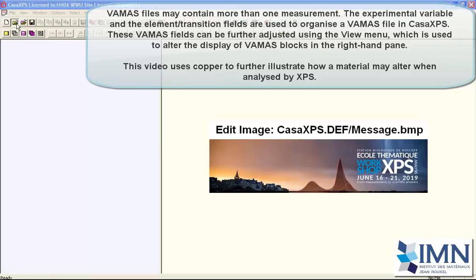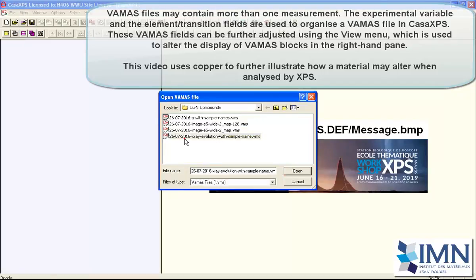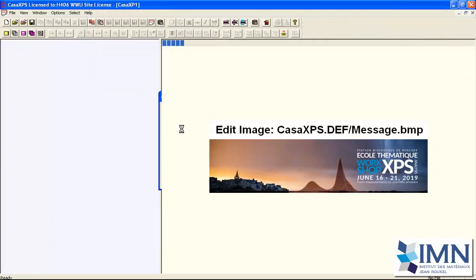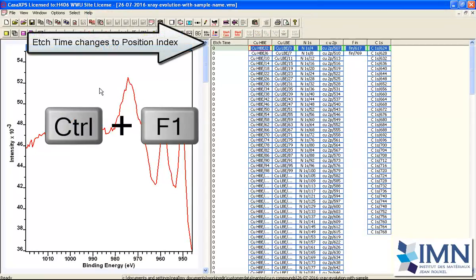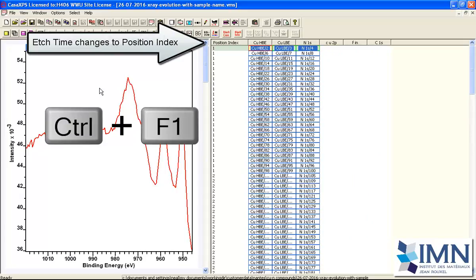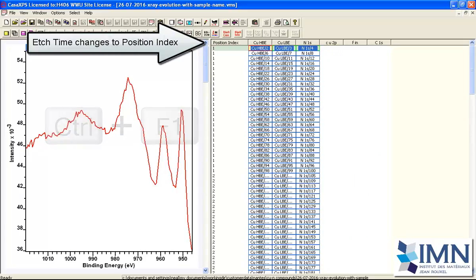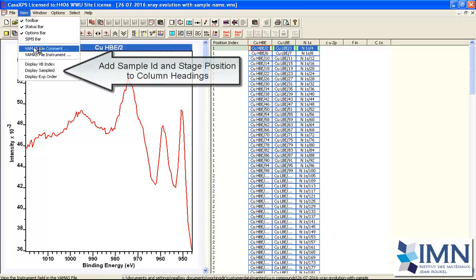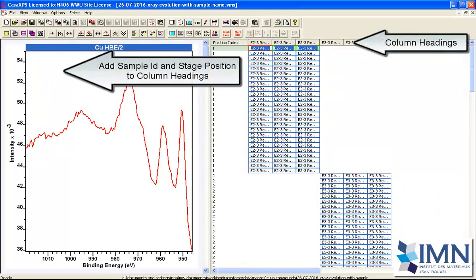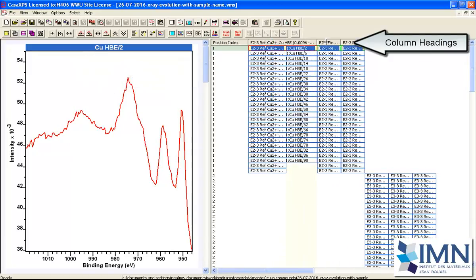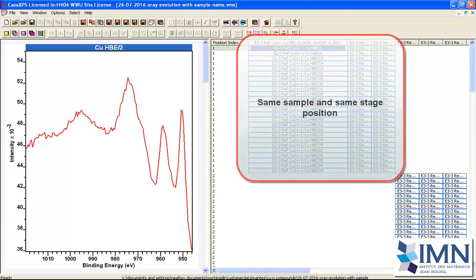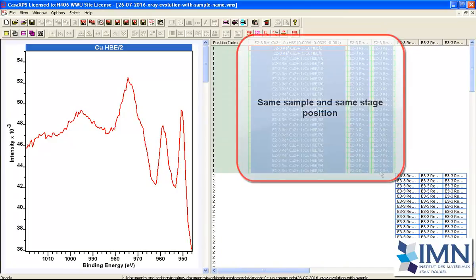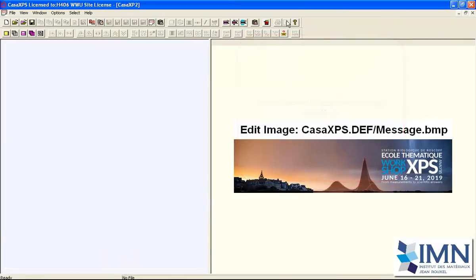A VAMAS file may contain multiple measurements, and we're going to illustrate how to separate VAMAS blocks so they can be identified for analysis by using the experimental variable. Use Control F1 to change the experimental variable, and also we can display the sample ID and stage information, and that also helps to separate VAMAS blocks by creating columns of VAMAS blocks corresponding to the same sample and same